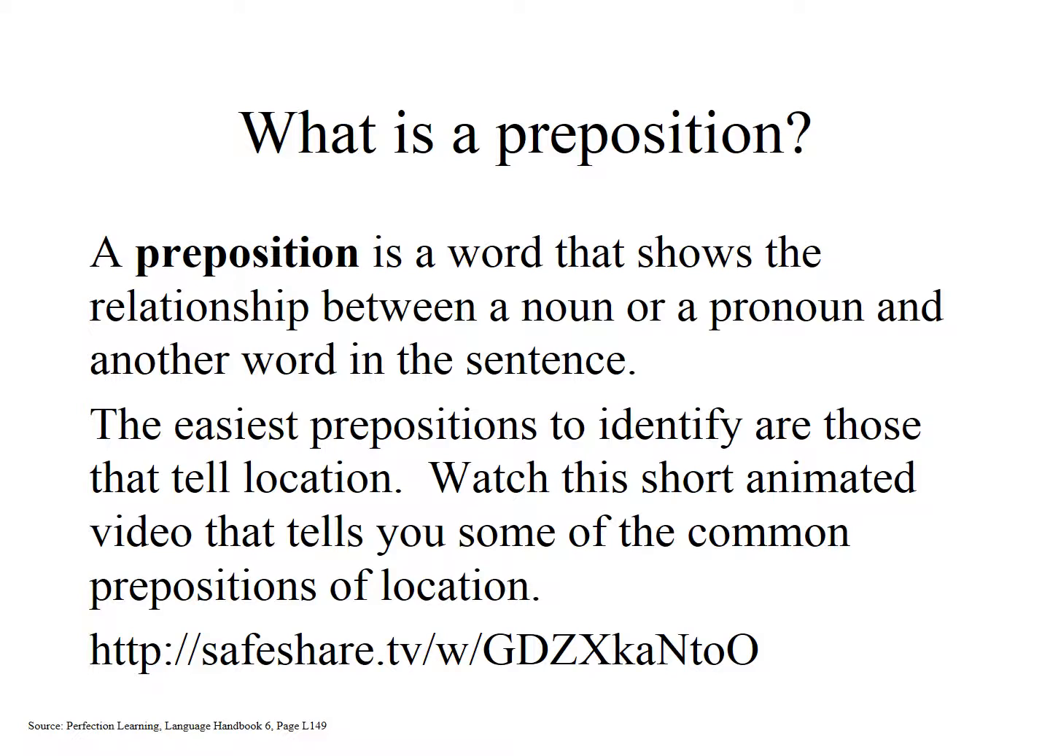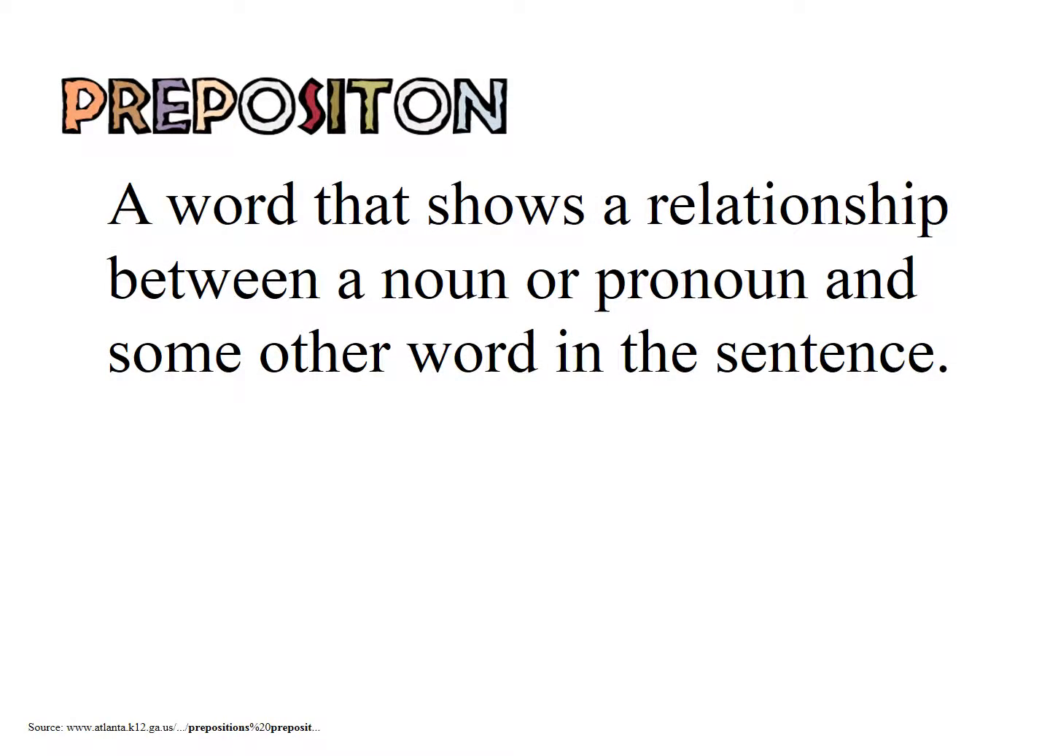So a preposition is a word that shows the relationship between a noun or a pronoun and another word in the sentence. The easiest prepositions to identify are those that tell location. There's a link here for a short animated video that tells you some of the more common prepositions of location. So please watch this, and I'll send you the link too in case you're not able to click on it here. Back to the screen here